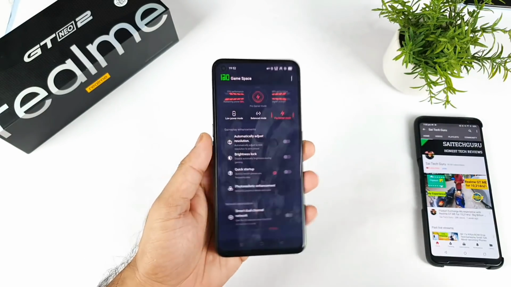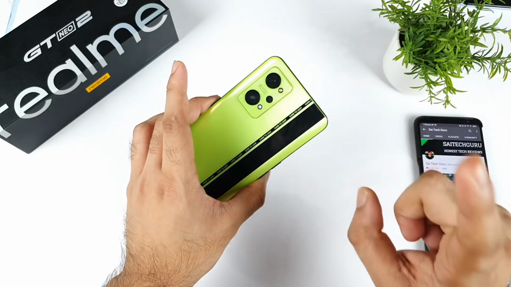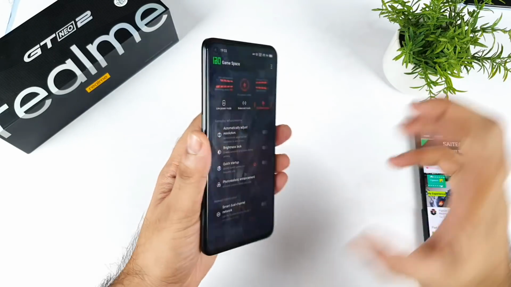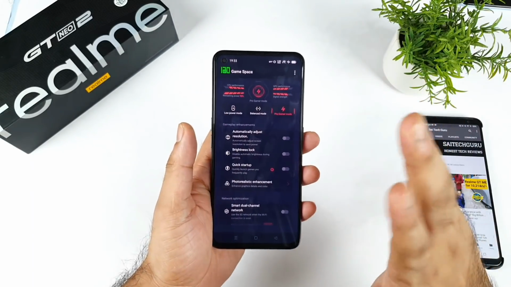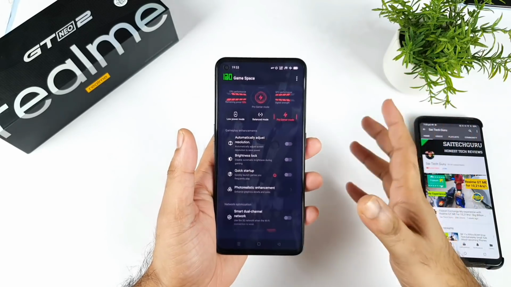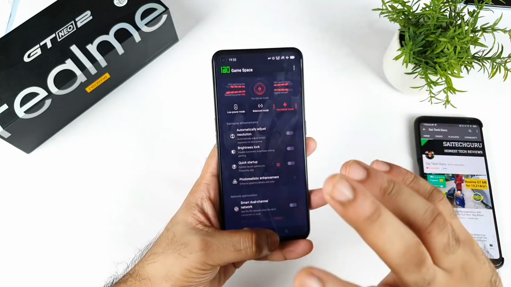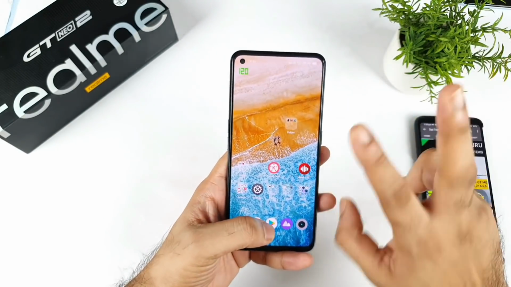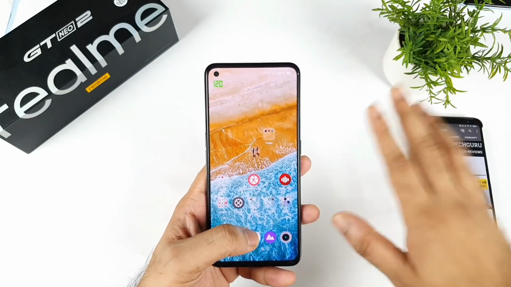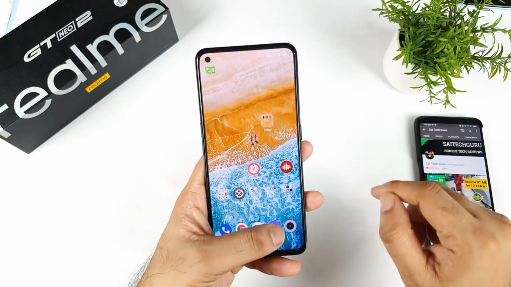My complaint is not about the hardware. My complaint is about the UI optimization. If you ask me whether all these problems will be fixed or not, I cannot guarantee, because I've been facing this kind of thing for 1 year and even a few months on the Realme X7 Max. So I cannot guarantee they'll fix it, but still there's hope in Realme UI 3.0, which you need to see. So next is regarding the camera.